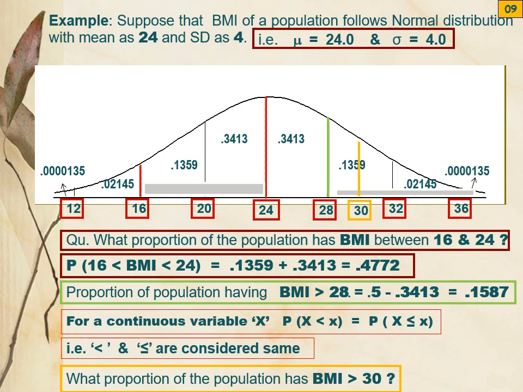For such questions, when the required point is not falling on a sigma distance, we convert our X variable to standard normal form, and then we have a standard table for that standard normal distribution. We make use of that table to find the areas of our interest. That is what we are going to do in the following slides. It's very interesting. Once the table is clear to you, you will easily compute the required probabilities.